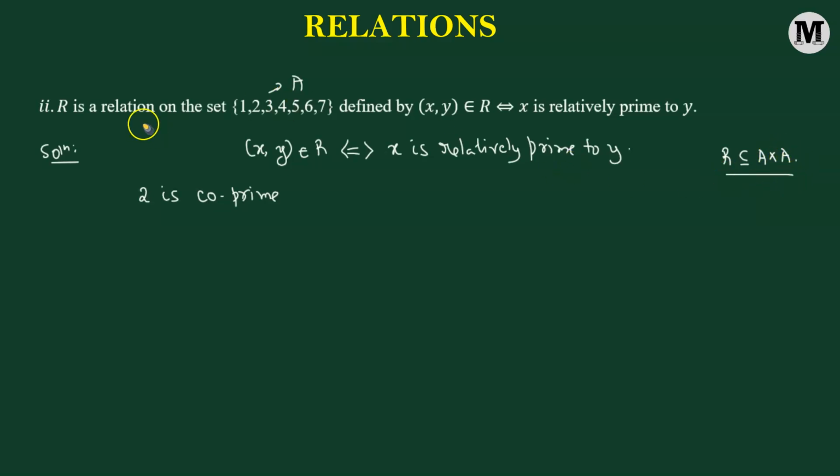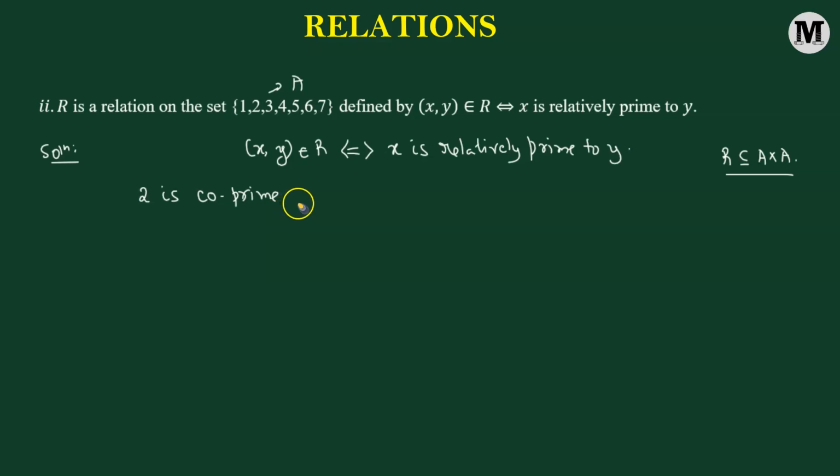That is the meaning when we say that R is a relation on that set, which means that if we choose x from that set A, y is also going to be picked up from that same set A. So 2, which we have picked up from set A, we are going to pick up another element y from the set A itself, such that 2 and that number